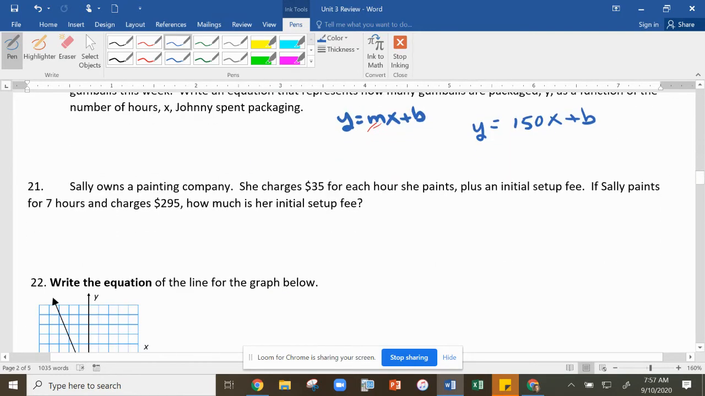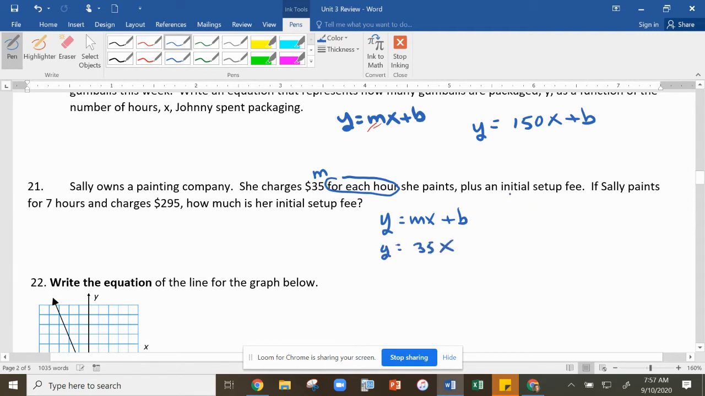Sally owns a painting company. She charges $35 for each hour she paints plus an initial setup fee. If Sally paints for 7 hours and charges $295, how much is her initial fee? So let's think about y equals mx plus b. And she charges $35 for each hour. That's your keyword. That means this is my slope. And so I know I'm going to have y equals